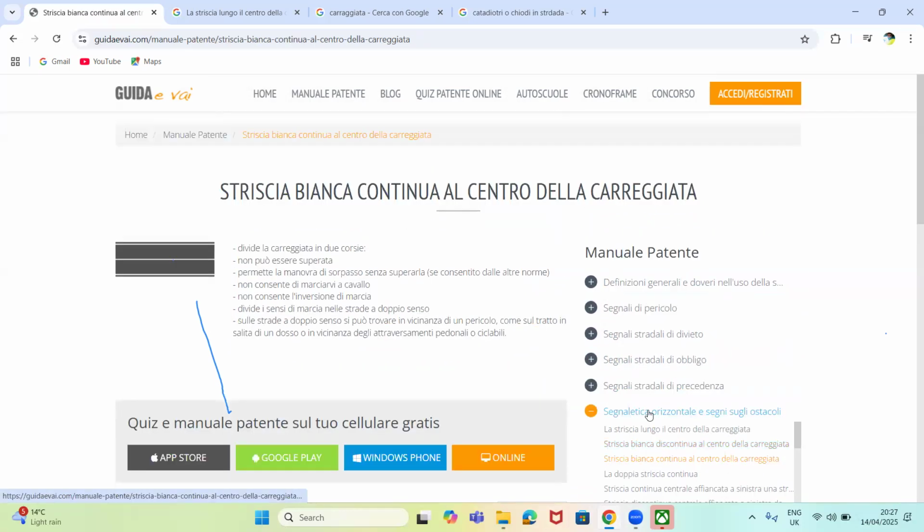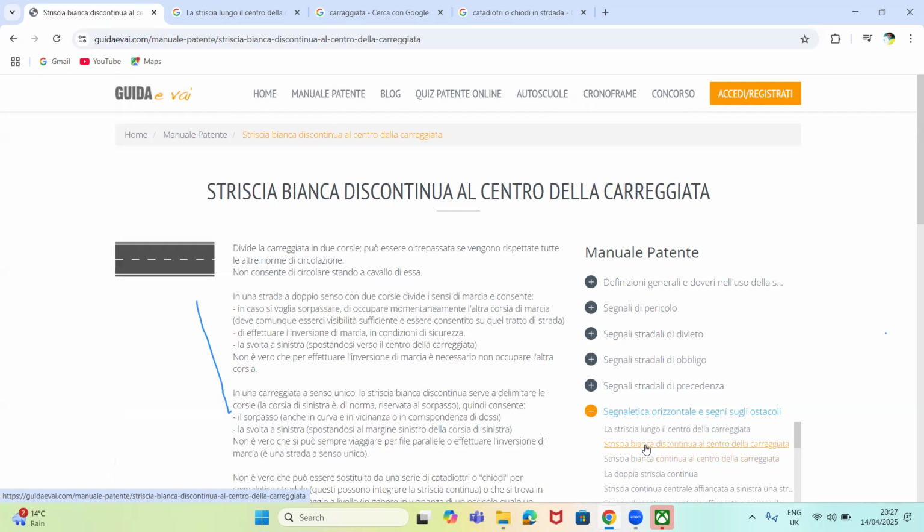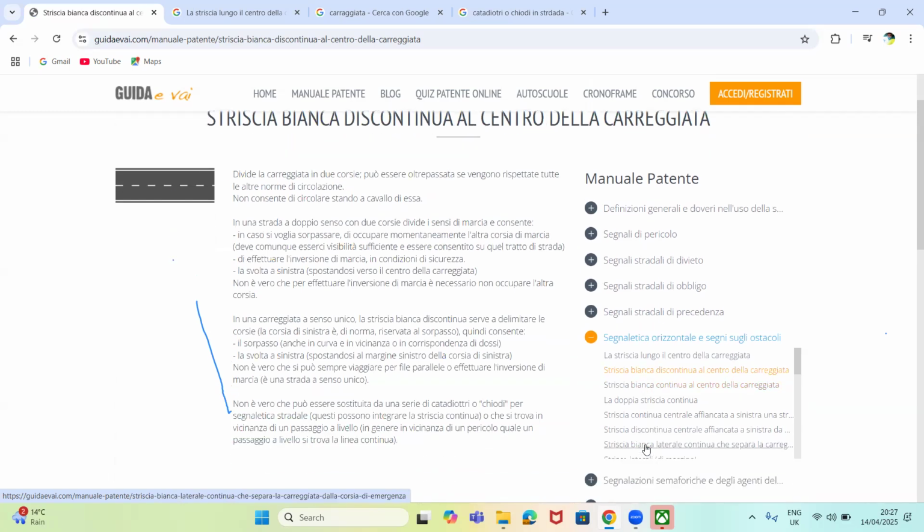Now watch. I got a question though. Okay, yes, ma'am. Ask your question. I beg, the last part when you explained just now. What is passaggio a livello? The definition of passaggio a livello is what? È un attraversamento a raso. It's a crossing between the carreggiata and the railway line. Now, for passaggio a livello, I will not show you a picture for now, I will ask you to go and study it. Inside that particular box, what they call striscia trasversale di arresto, you will see a continuous line there. You can never see this continuous line there.